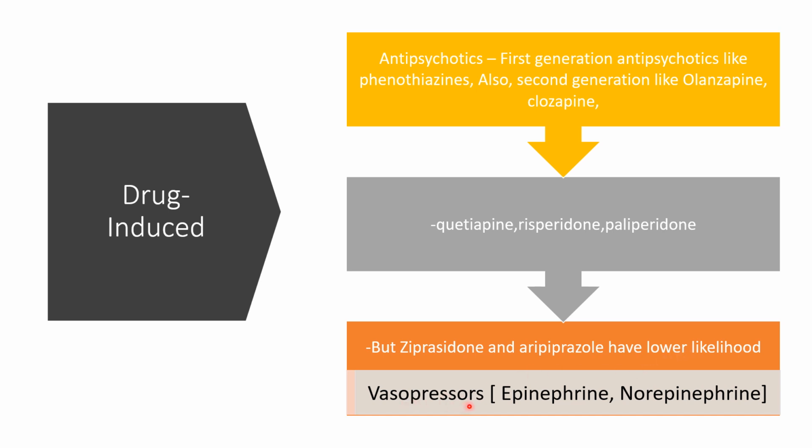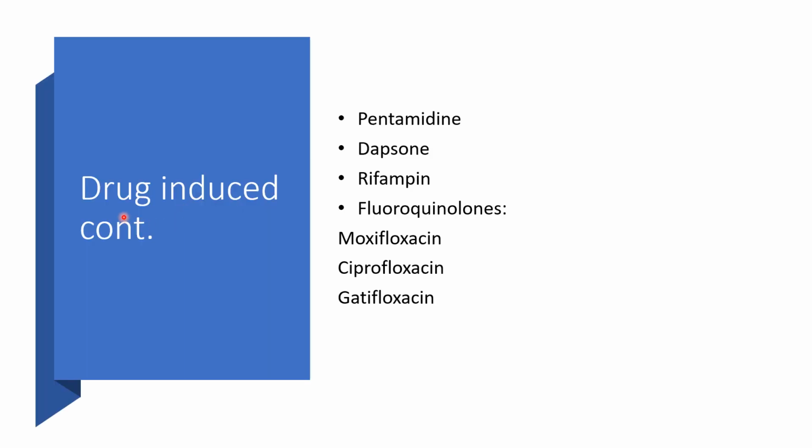Vasopressors that can increase glucose or worsen diabetes mellitus will be epinephrine. That is, if you are in North America, it is known as adrenaline in Europe, or norepinephrine, or noradrenaline in Europe, can worsen diabetes mellitus. Still going through the list of the drugs that could induce or worsen diabetes mellitus will be